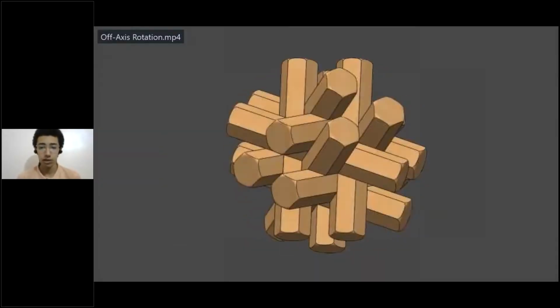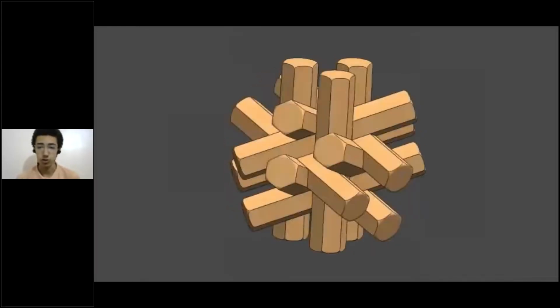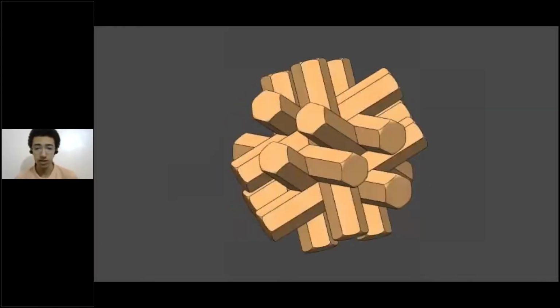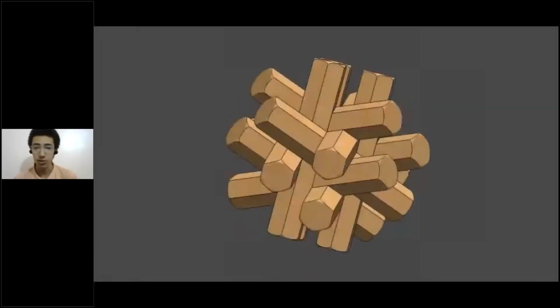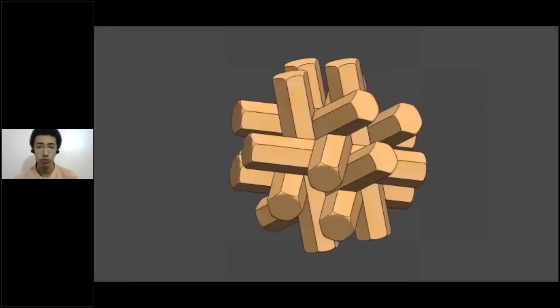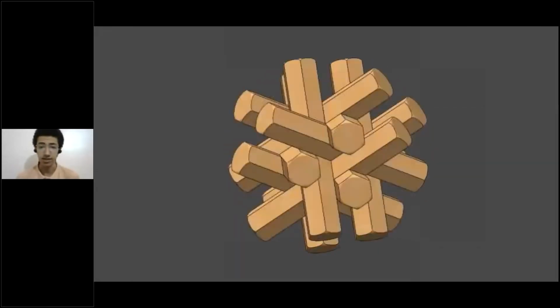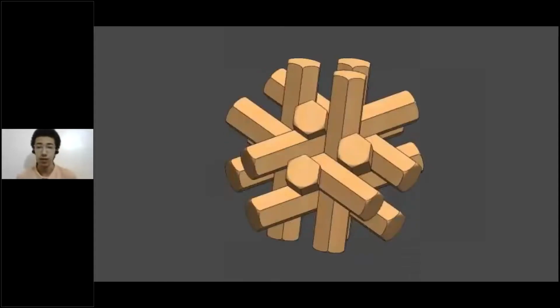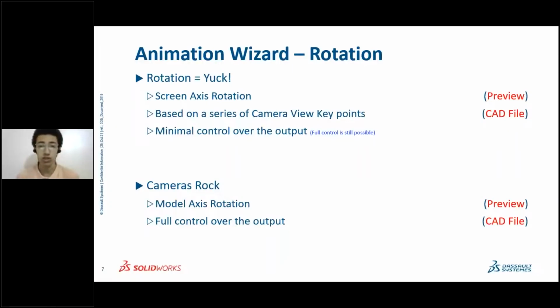As you can see, this is a rotation made by the Animation Wizard in SolidWorks. But if you pay close attention, you're going to find that the model isn't actually rotating around its own axis. It's actually rotating about the screen axis, as if it's an off-axis rotation. I sometimes see the model from the top, I sometimes see it from the bottom. So if I open the CAD model,